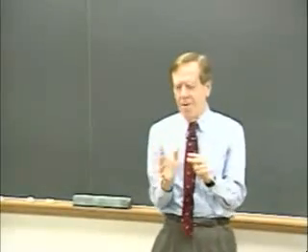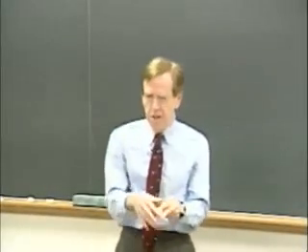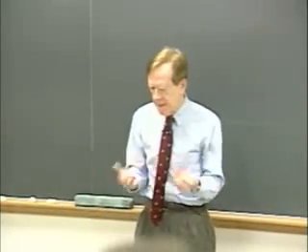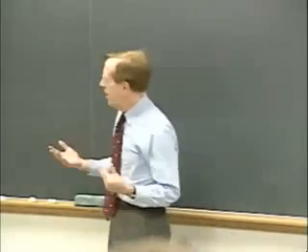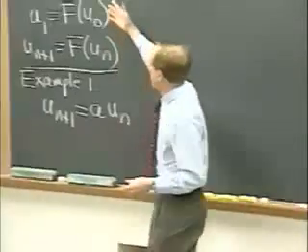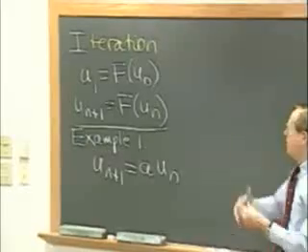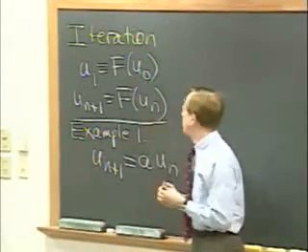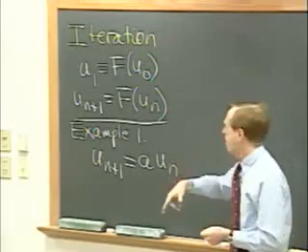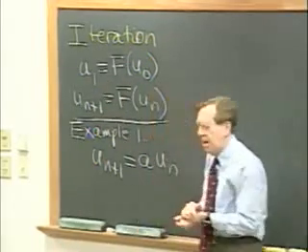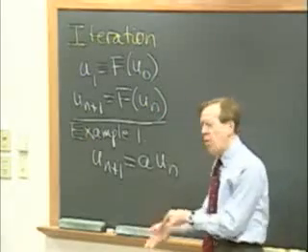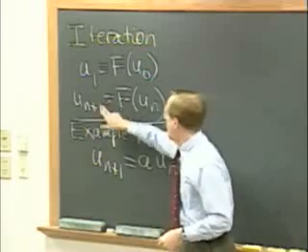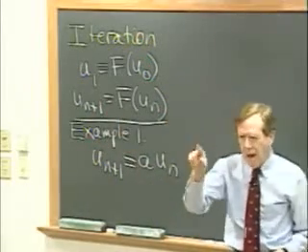So I'm going to put off the wave equation and heat equation to the second lecture today, lecture 12, and discuss this one. So here's the general plan. You have some function, and you start at some point u0, and you compute f of u0, and that gives the next point. Then you compute f of u1, and that gives u2. And then you keep going. So un is, so to speak, f of